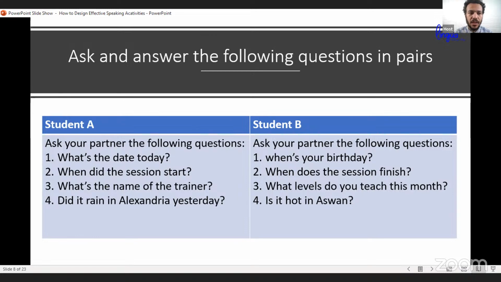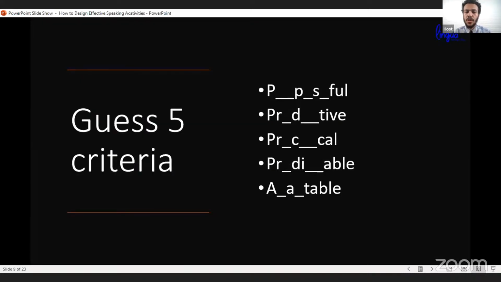I might have a look here and so there are 5 criteria to make the speaking activity effective. I have them on the screen, but they are missing some letters. Now your turn to guess what are the 5 criteria to have an effective